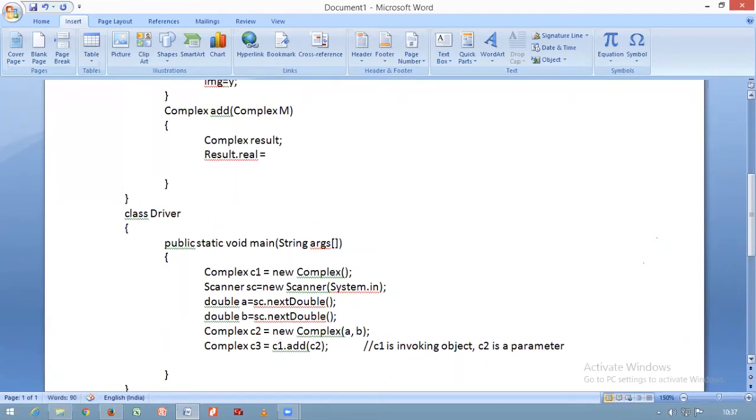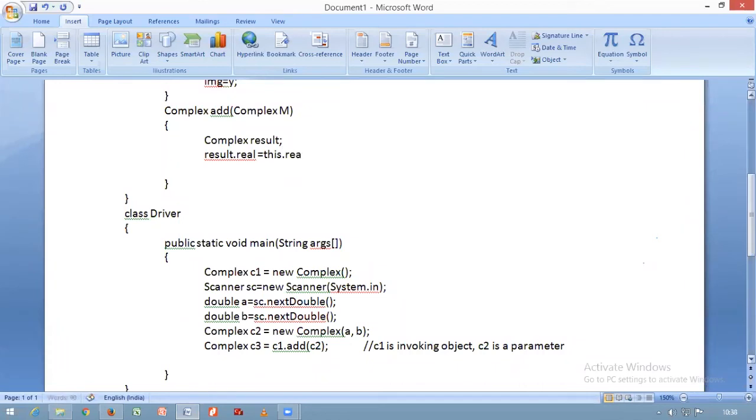Now I told you, you have to add the real value separately and the imaginary value separately. So the real value of the result is nothing but the real value of C1 plus the real value of C2. Which object is an invoking object? C1, sir. So the members of the invoking object can be accessed by using this keyword.